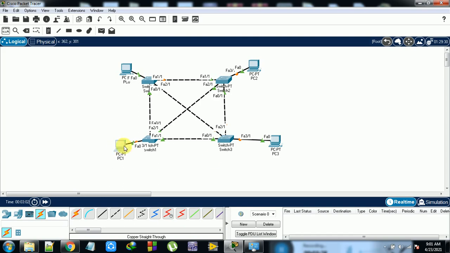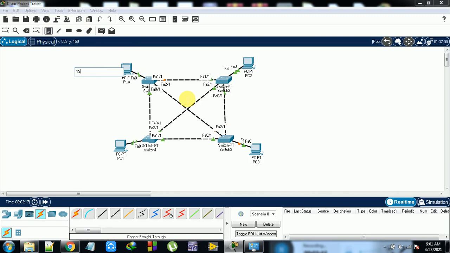Now, in mesh topology, how do you work with all this? For that we need to give IP addresses to each one. I am giving a class C IPv4 address, 192.168.1.0, because we always prefer class C addresses.